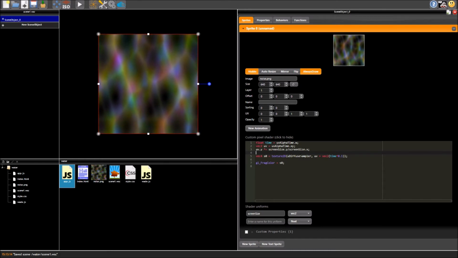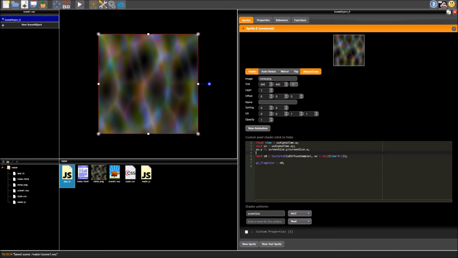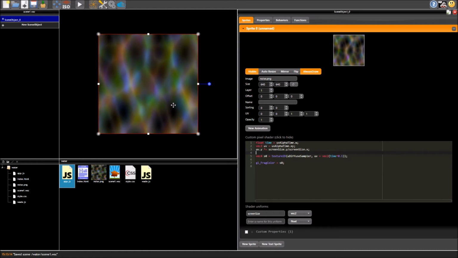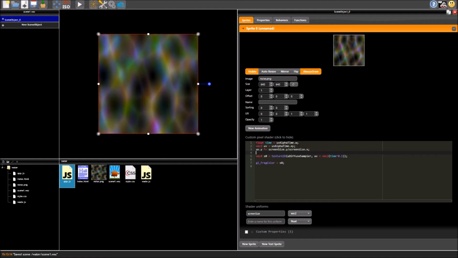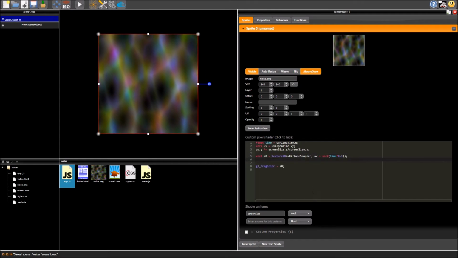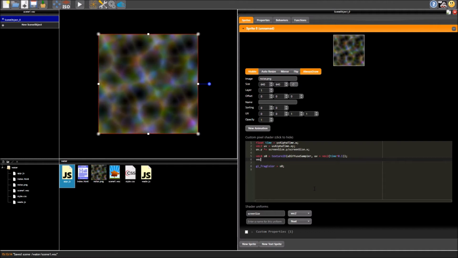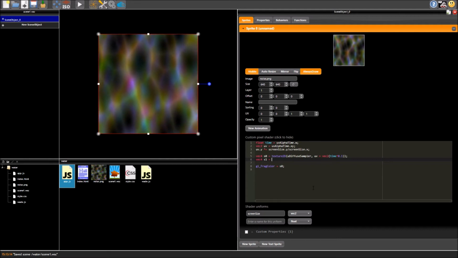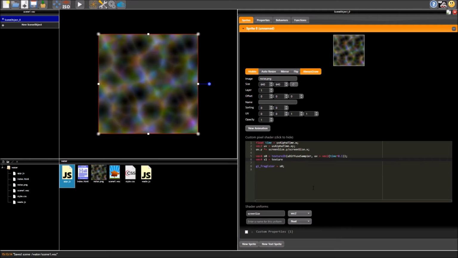Now at the moment, we are just taking the color and moving it up to the left with time. That doesn't really look very good. So what we need to do is take another sample. So we are going to add one more for now. We're going to add a few more later, but really you can add as many as you'd like. It's a bit creative, this process. You can just fiddle around with the numbers, tweak some things like this 0.01, you can change it. That'll change how fast everything appears to move.